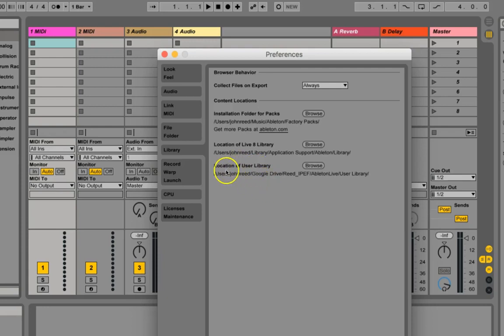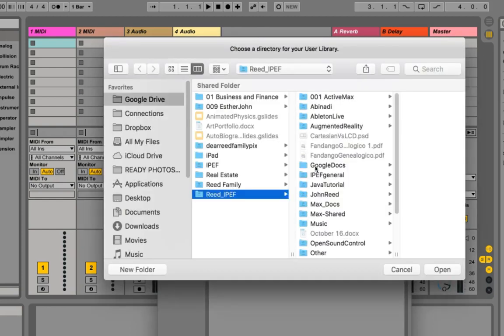So go relocate your library to somewhere that is convenient for you, perhaps even an external drive to the computer that you're using. Let's say you're using a school computer or something like that. And so I take my Google Drive